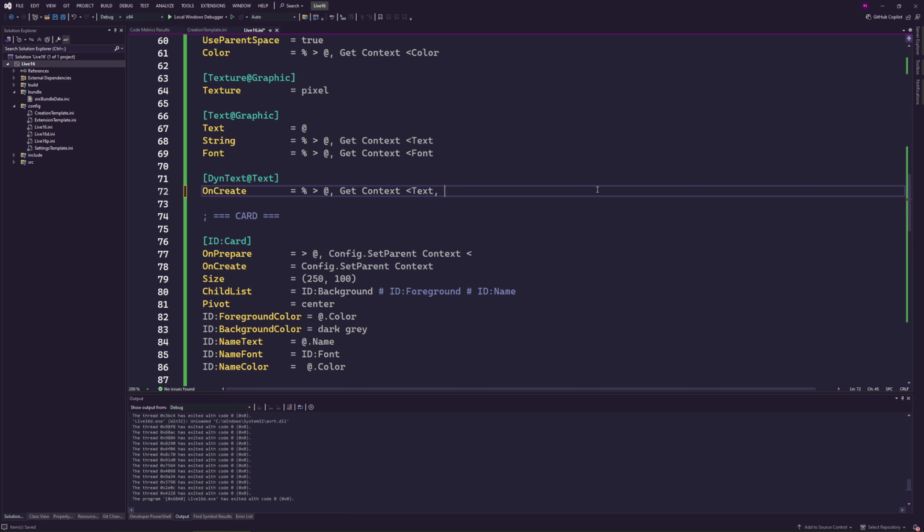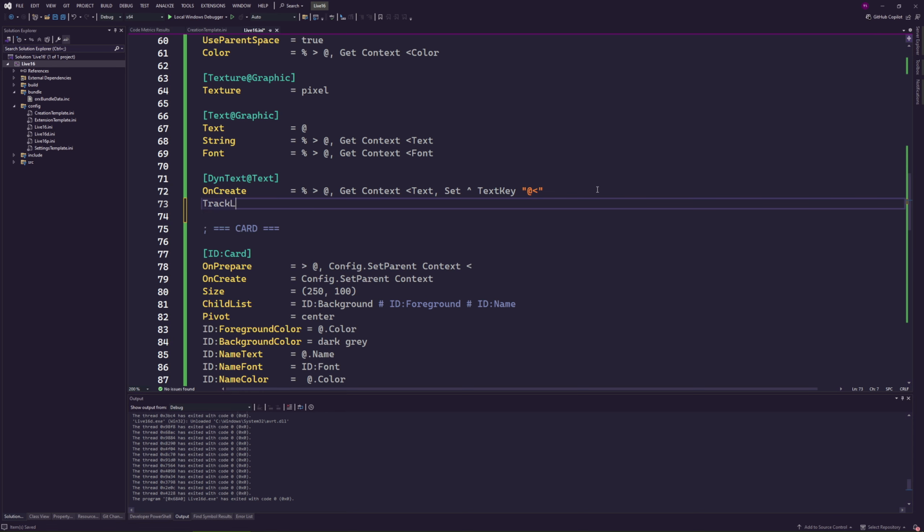Each instance is going to be different, because otherwise the context is only available during the creation of the object. It's transient data. Once the creation of our card is done, the context is over. We don't know what the content was anymore. Here we're going to store it on the instance of each of the dynamic text. So we're going to say set on my instance, we're going to call it text key, and we're going to inherit the name from the property.